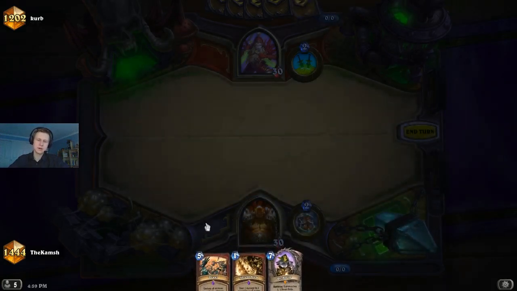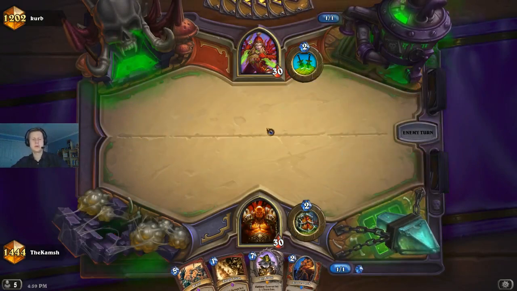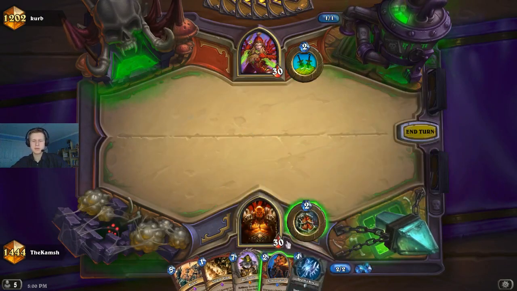This hand is actually pretty awful, but that's okay. Armorsmith makes it better. I'm just gonna pass here. Again, we have Brawl if things get too out of control. We didn't end up brawling last game. This makes it good too. So this hand is decent now. We basically just have to